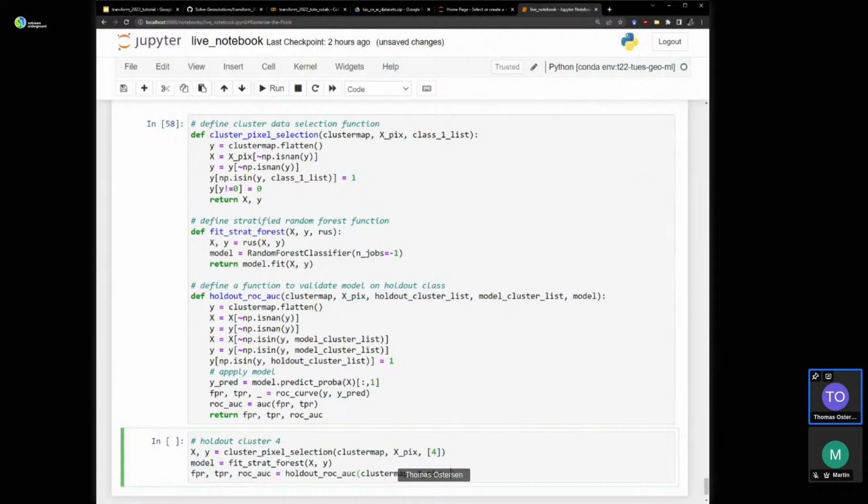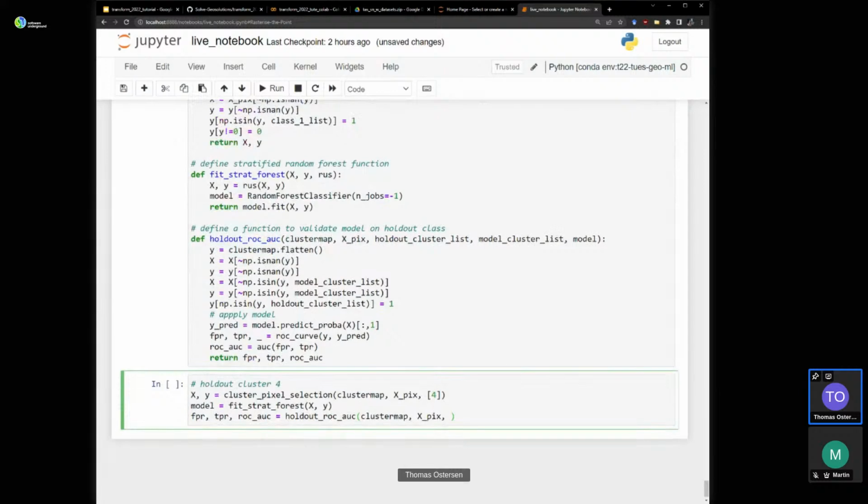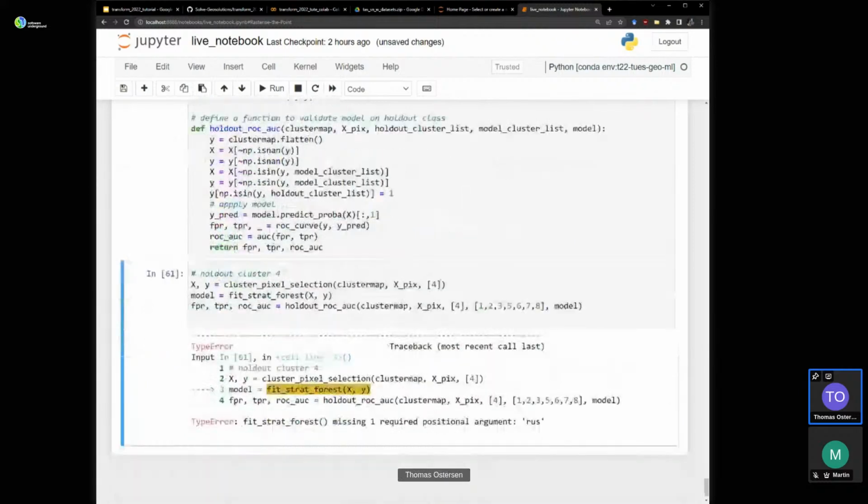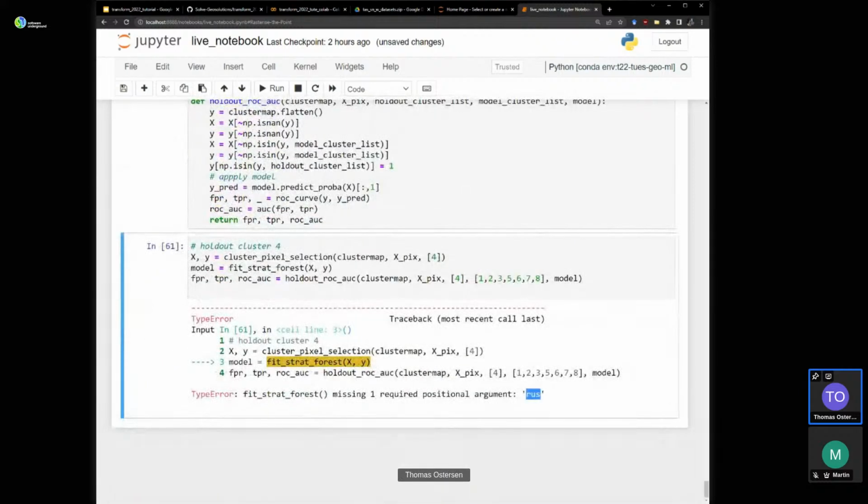So the holdout cluster list is 4. Model cluster list is all but 4. So that's 1, 2, 3, 5, 6, 7, 8. And the model, did that run? No, it didn't.